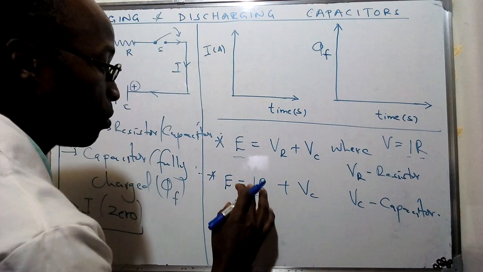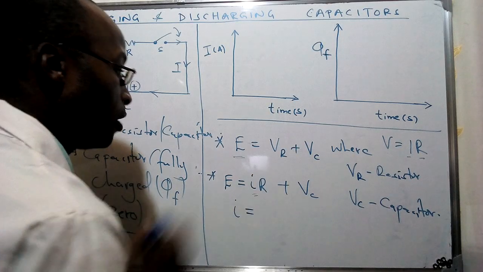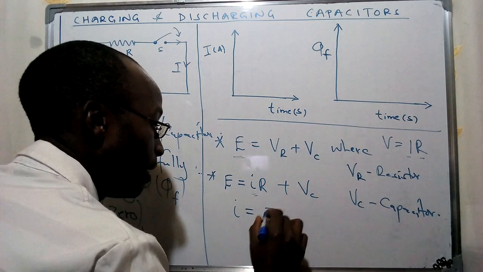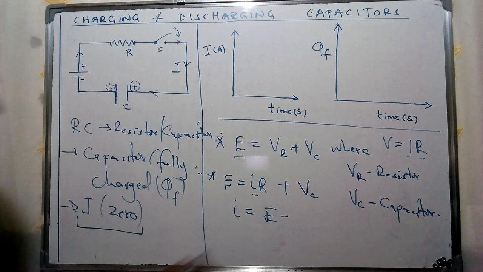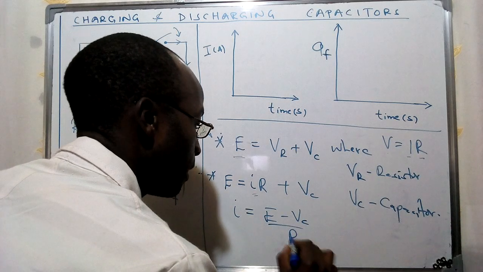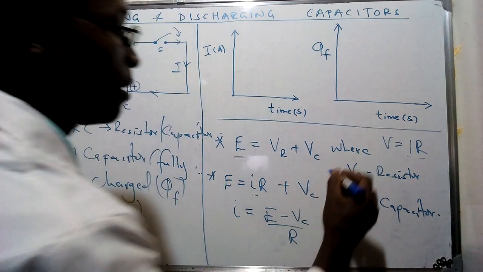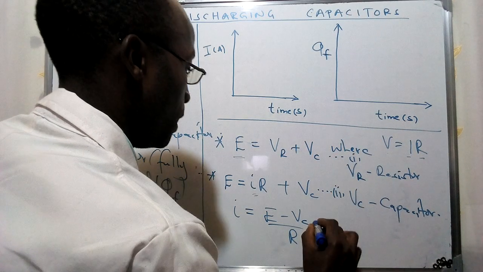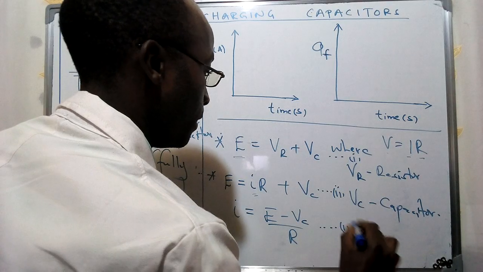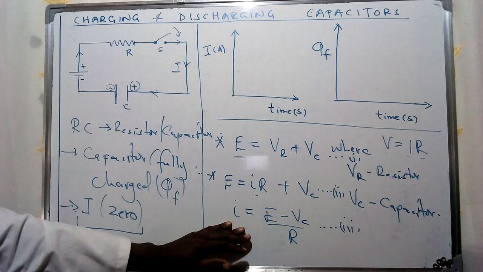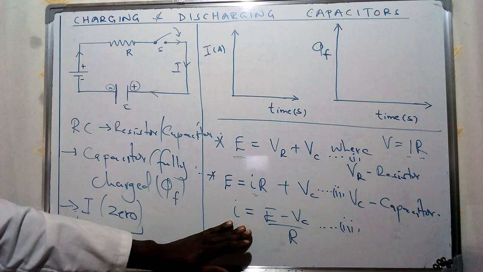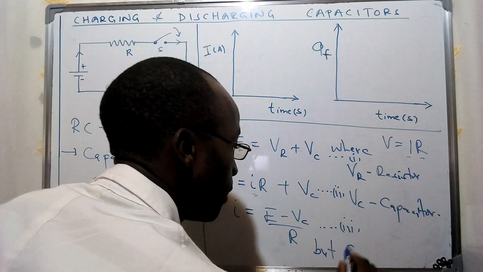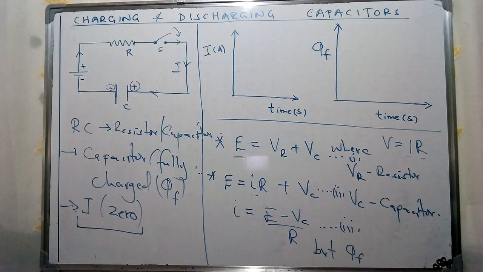So we're going to use this one, in terms of E minus VC over R. Let's have this as our equation 1, equation 2. So we're going to have our equation 3 given in terms of that specific evaluation for the instantaneous current, which I've mentioned. But I've said that at this specific point where we have the final charge, the charge has accumulated, there will be no